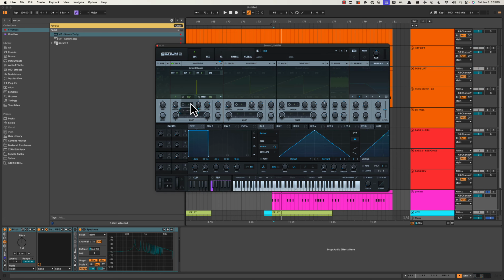So if we go 2, for example, and then collapse the width to 0, maybe bring down the detune, maybe stack a little bit more. And then we'll pop this down a little bit.